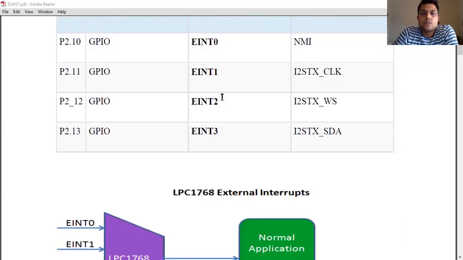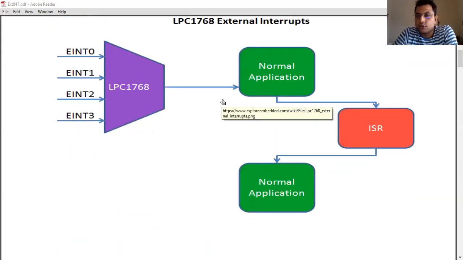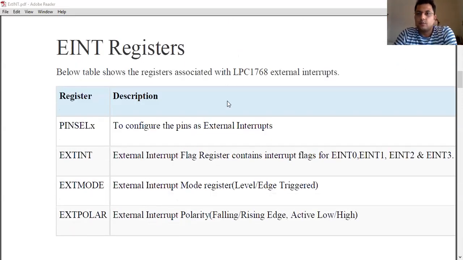And so already we have understood the concept of interrupt service routine. Then these are some of the registers. Already one of the registers we have seen, the pin select register. So the pin select register will be used for configuring the corresponding pin as an external interrupt pin, so that from then on, the system can acknowledge it as an external interrupt pin, not as GPIO or some other function